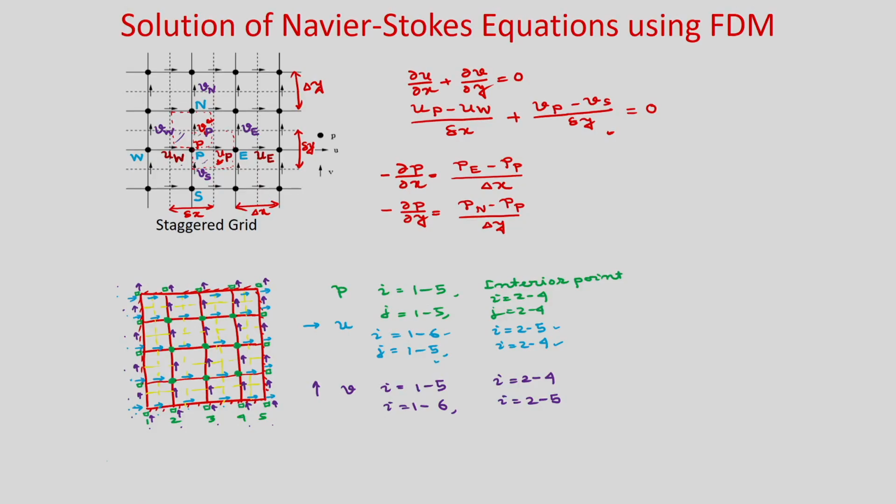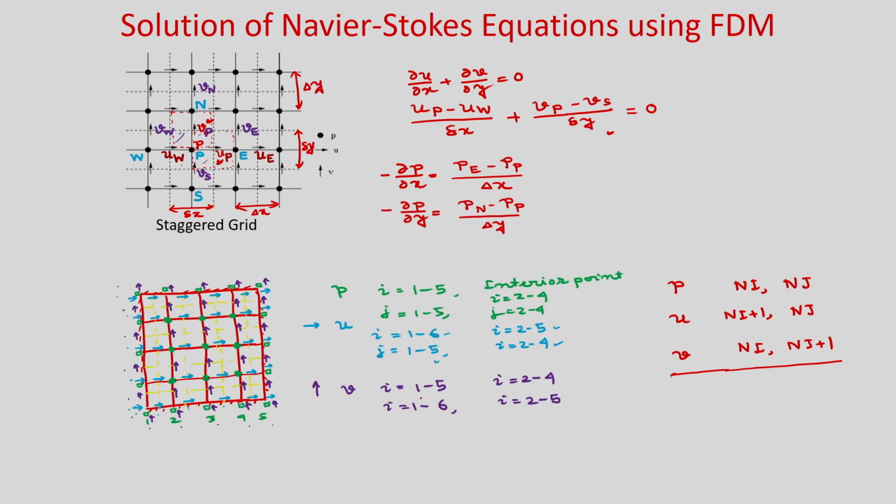So, you can see if you have pressure, if the total number of points for pressure is n I and n j, then for u you will get n I plus 1 by n j, and for v you will get n I by n j plus 1. And the locations are also different. These are in a staggered way, that you have to remember. So, very carefully you need to write the code in the staggered grid, and accordingly you need to apply the